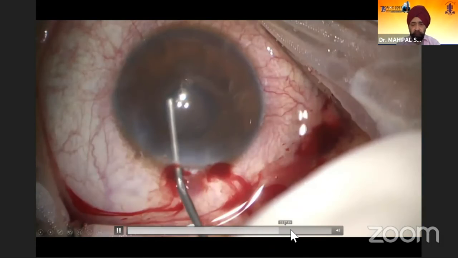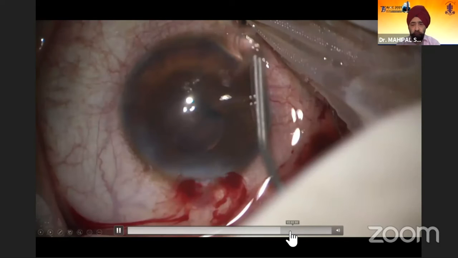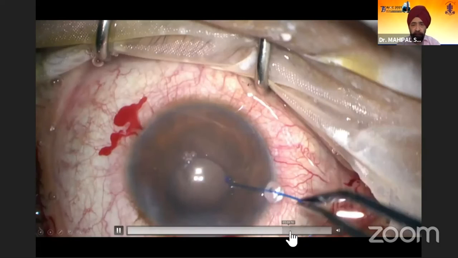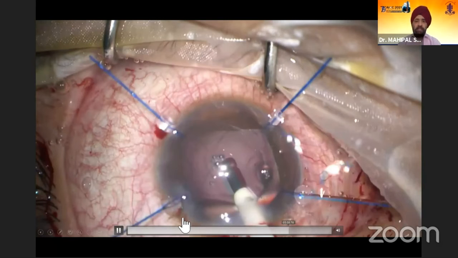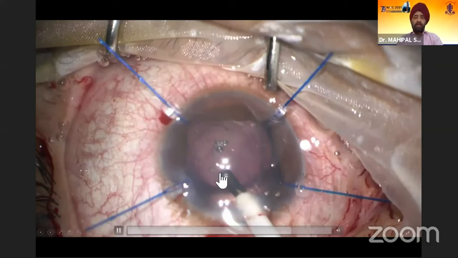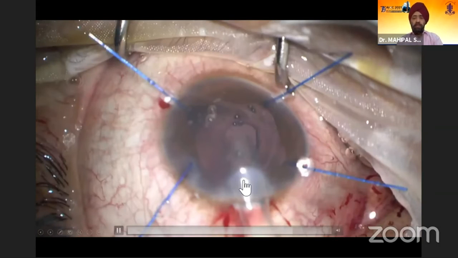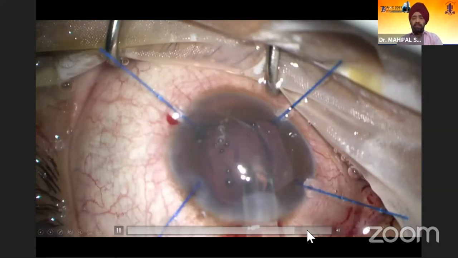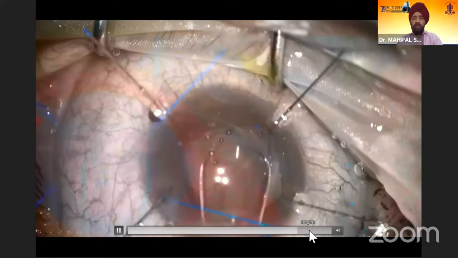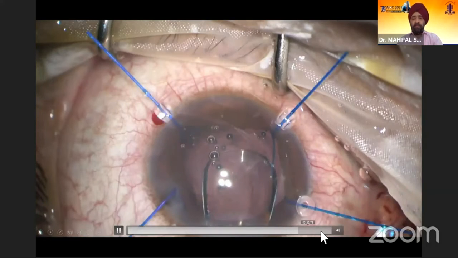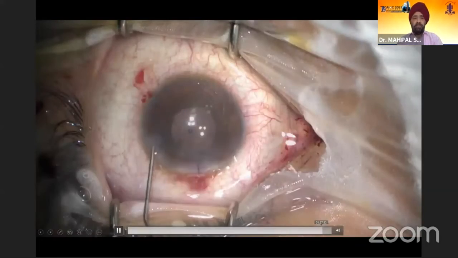Put viscoelastic, put in the hooks to see where you have this beautiful rhexis, that is the posterior tear that was there. Do a good vitrectomy and then put a 3-piece lens. So in the first place only, like in the first case, I had put a 3-piece lens. I should have put a 3-piece lens, and we are able to get a good outcome in this particular patient.